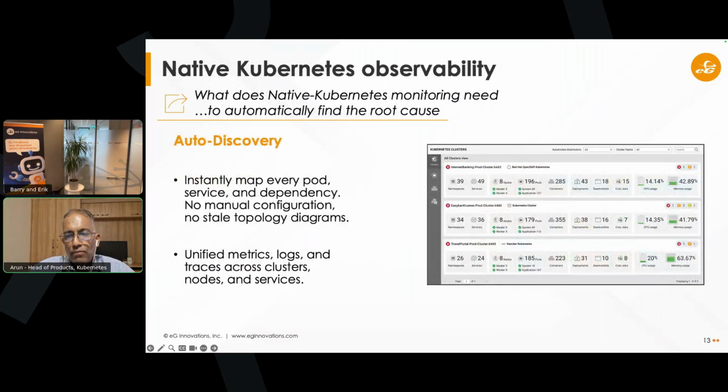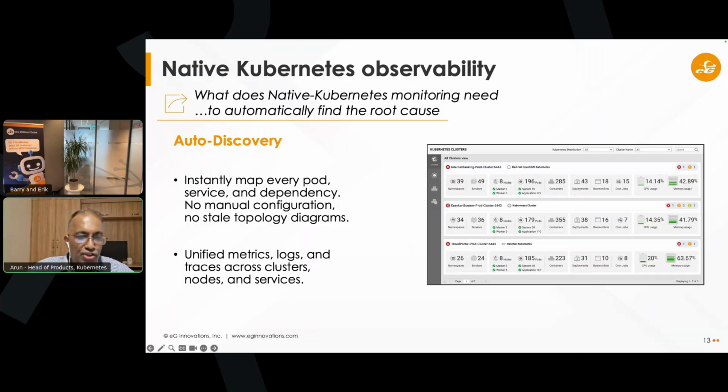So let's look at what entails native Kubernetes observability. So I told you, we were talking about the fact that pods come and go. So the first thing is a native Kubernetes monitoring tool needs to be touch-free, automatic, and auto discovery enabled, which means with zero configuration.